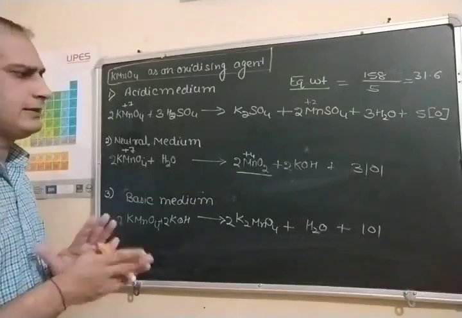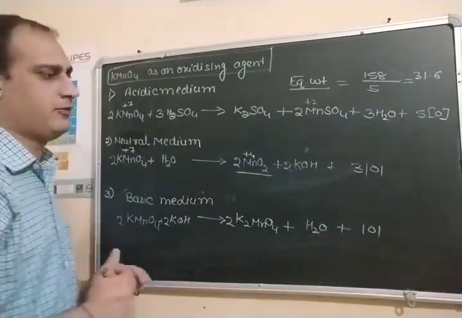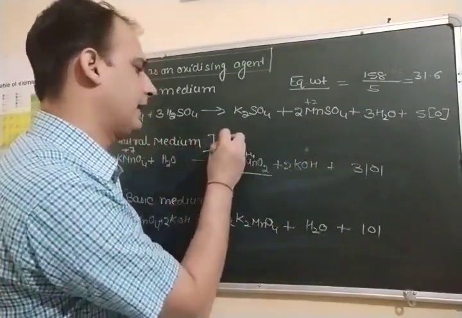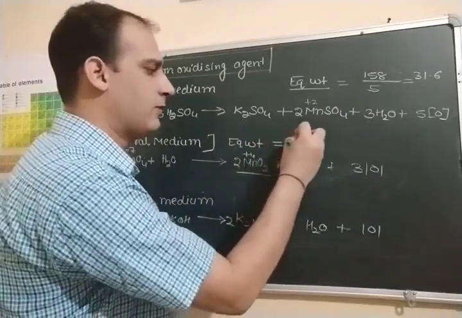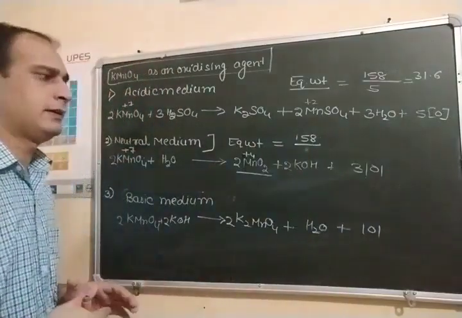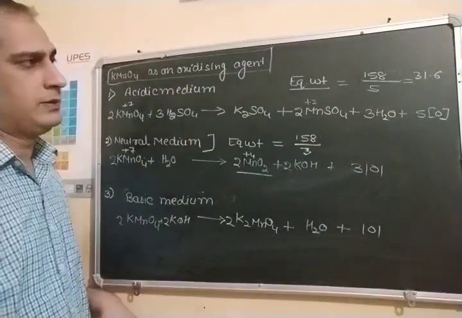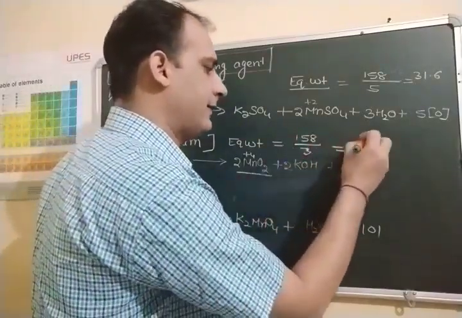So there is gain of how many electrons by manganese? There is gain of 3 electrons. So in neutral medium, the equivalent weight will be its molecular weight, that is 158, divided by the number of electrons gained. So there will be gaining of how many electrons? 3. So 158 divided by 3, we will get